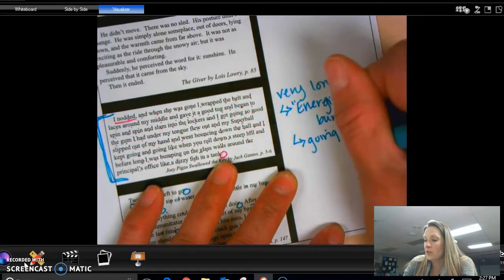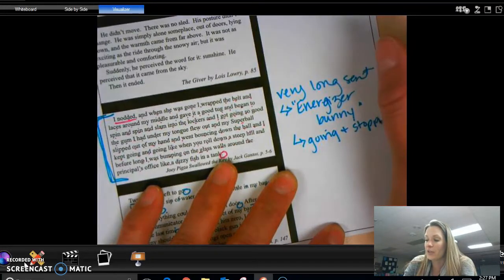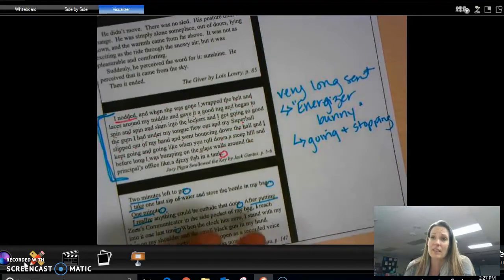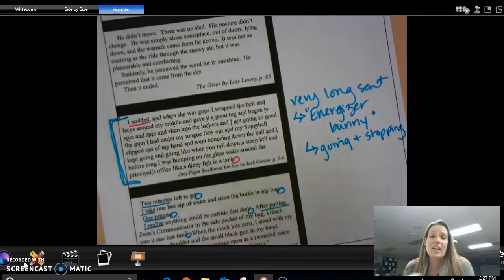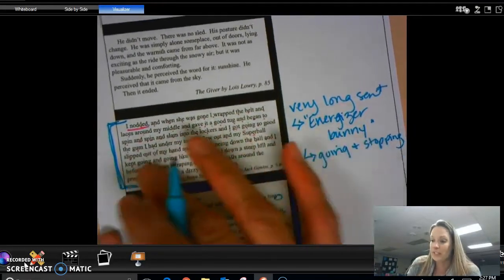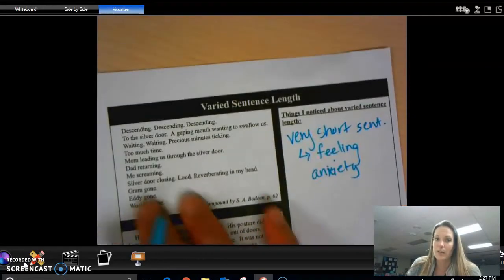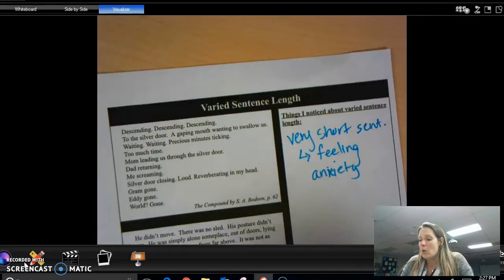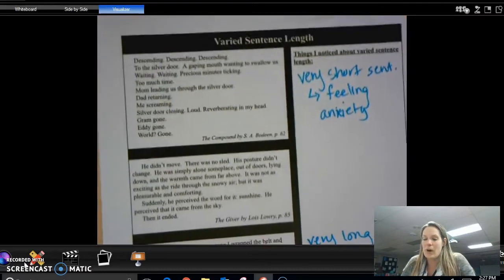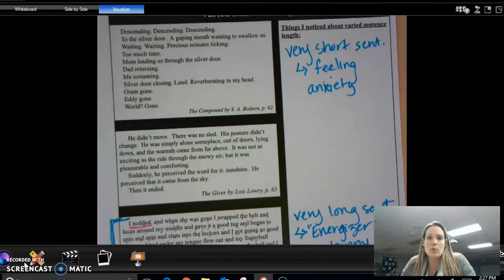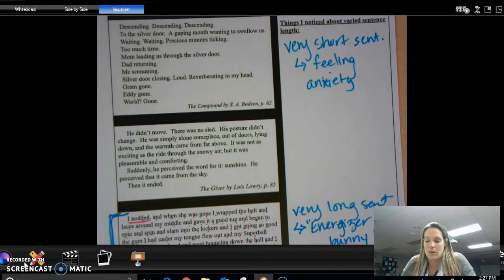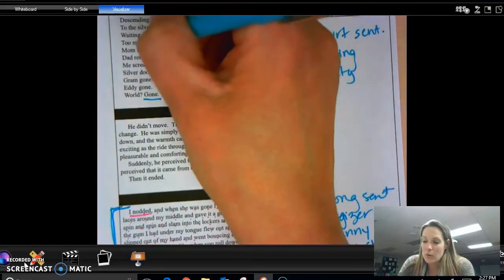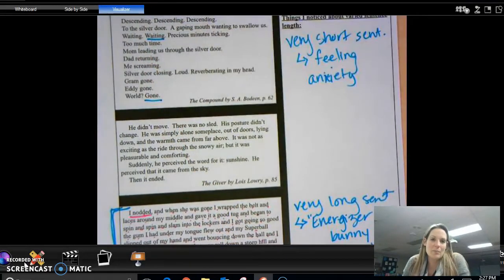Okay. So if you have a part in your story like where your character is running away and they're running through a field and they're jumping over something and then they have to dodge this and then dodge that, you could do this either with a really long sentence or a bunch of really short sentences to prove that. So what you are looking at is what power, again, you have as the writer. All right. Some of these are not complete sentences. The word gone or the word waiting by itself is not a complete sentence.